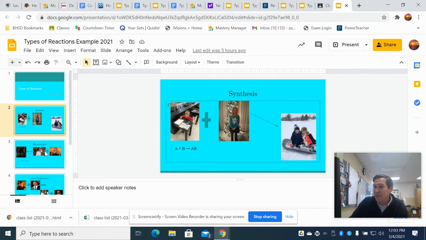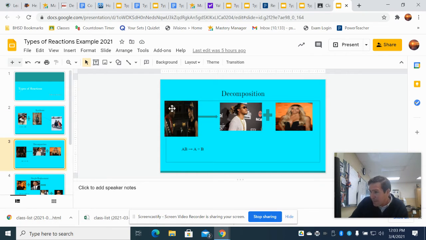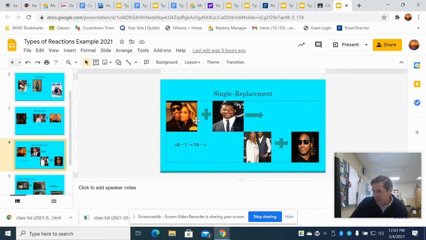Now, for decomposition, I have a couple here, then they're breaking up, and then here they are separate. So decomposition. For single replacement,